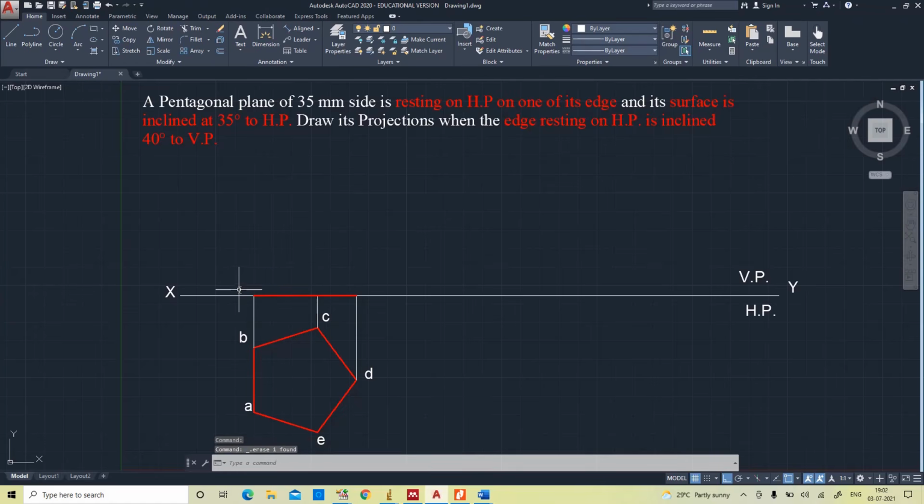Sorry, it should not be A1, A dash, because initial view, right? A dash, B dash. And here E is visible, E dash, C dash. And this is visible D dash. Yes, we'll make a point.